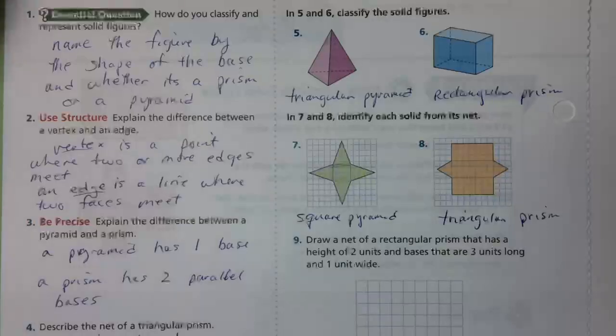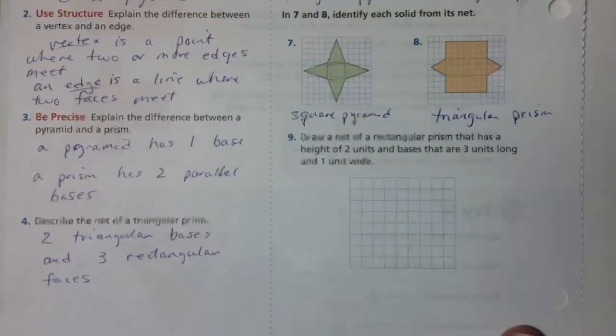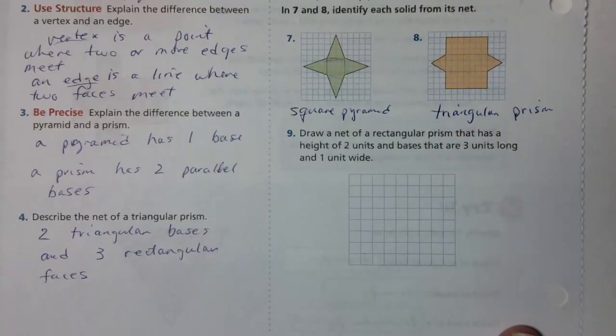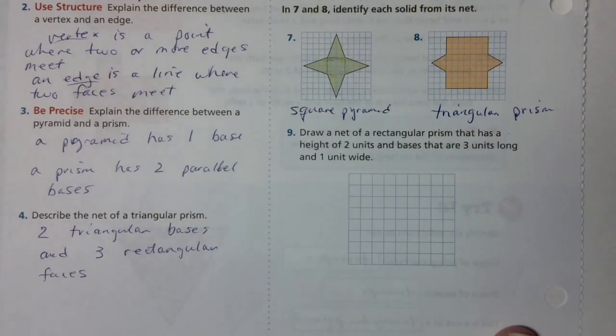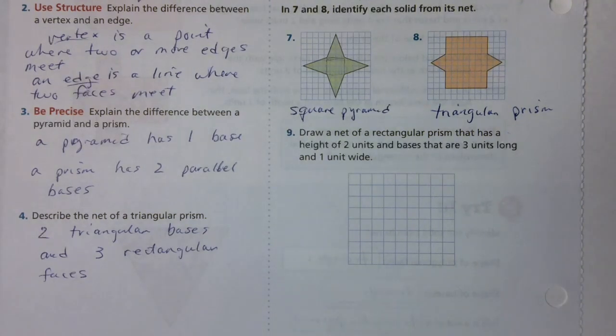All right, let's draw again. Hope your rulers are handy. We want to draw a net of a rectangular prism. So the top and the bottom is a rectangle. Its height is 2, its bases are 3 long and 1 wide. Okay, so I need a,